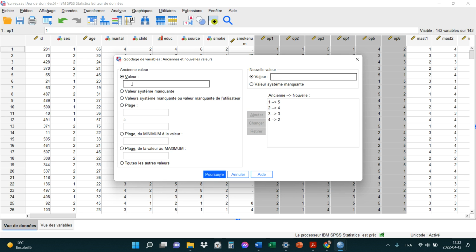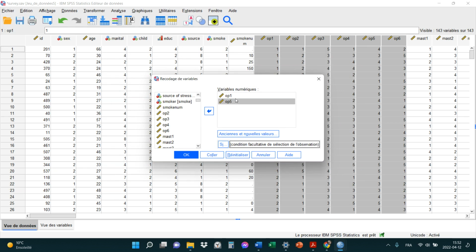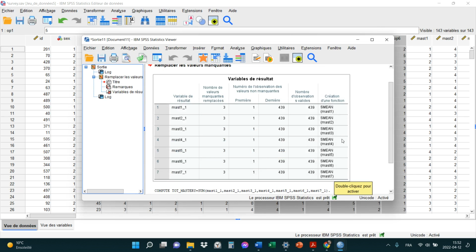Et 5 dans l'ancien système doit être changé à 1. Right? Et si je clique poursuivre, pour 1 et 5, faire ces choses-là, et je mets OK,